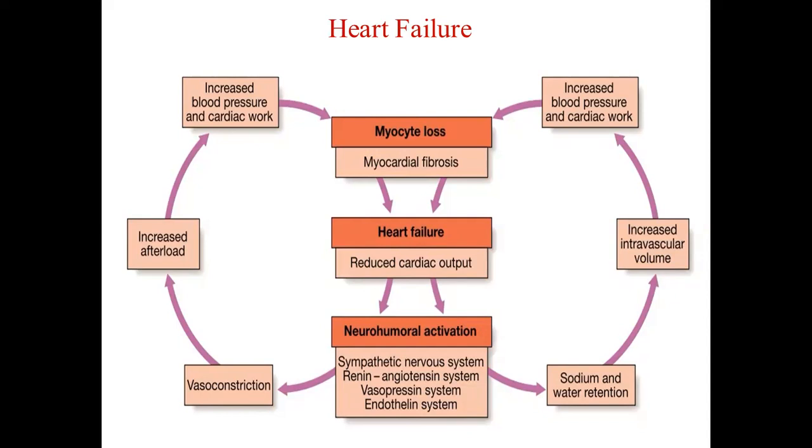ANP and BNP are immediately released whenever there is strain on the myocardium. Whenever there is any damage to the myocardium, whatever the underlying cause, it will immediately result in release of ANP from the atrial myocardium and BNP from the ventricular myocardium. So basically now the heart is acting like an endocrine organ. It's producing and releasing hormones into the blood. And ANP and BNP are very important in counteracting the action of the vasoconstrictors, like angiotensin II and